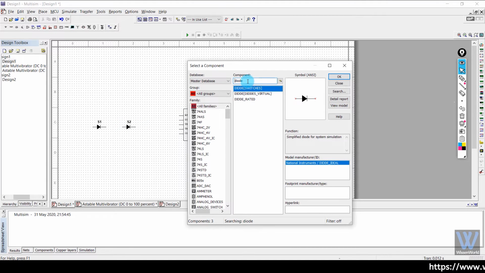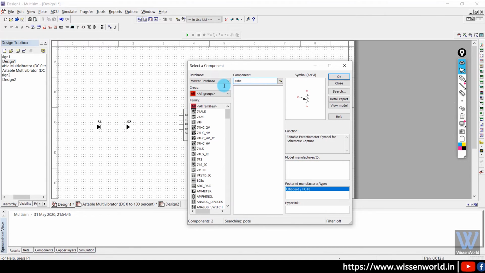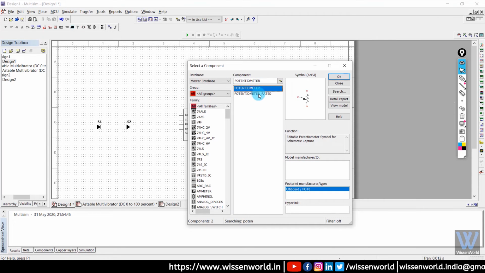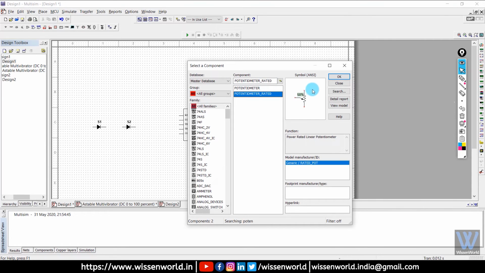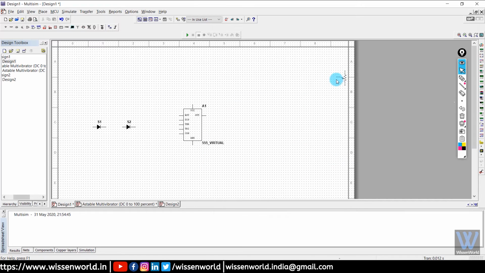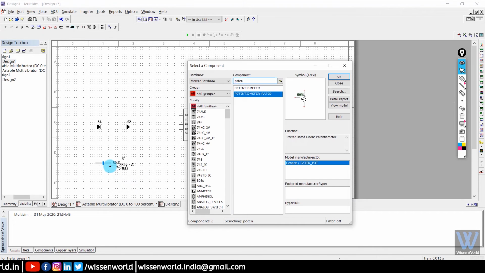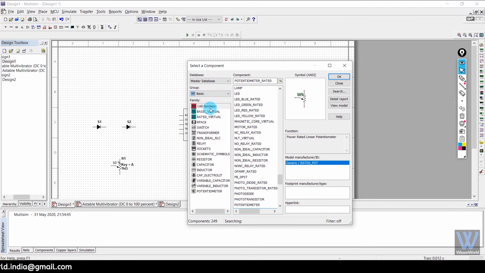Now we need a potentiometer. See, we have two potentiometers. Here we will select the rated one. We can see how much resistance we are changing, and we need resistors. We will go to the basic section.